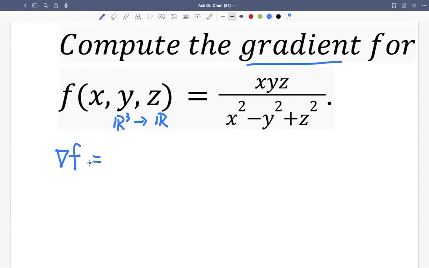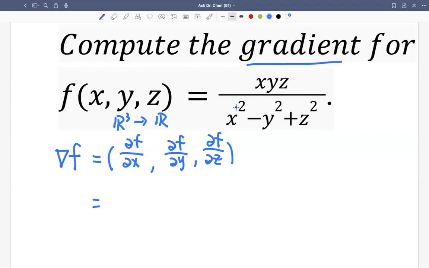The gradient equals a vector: partial f, partial x, the rate of change of the function in the x direction, the rate of change of the function in the y direction, the rate of change of f in the z direction. That's its gradient. So basically, we just take partial derivatives, which means we take the derivatives of the f